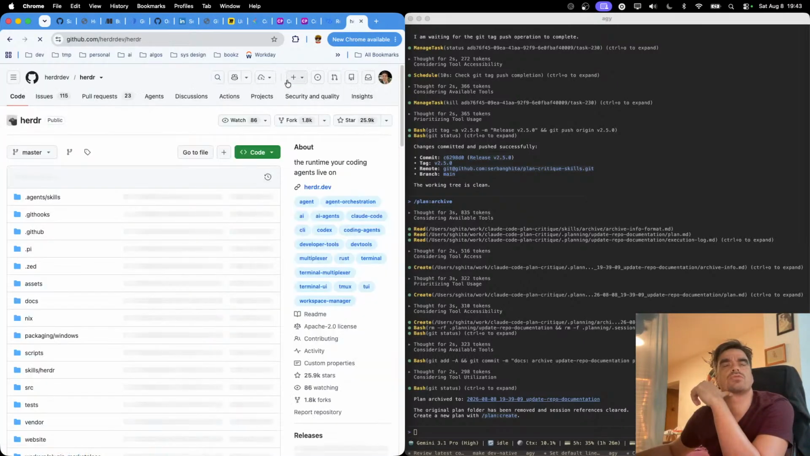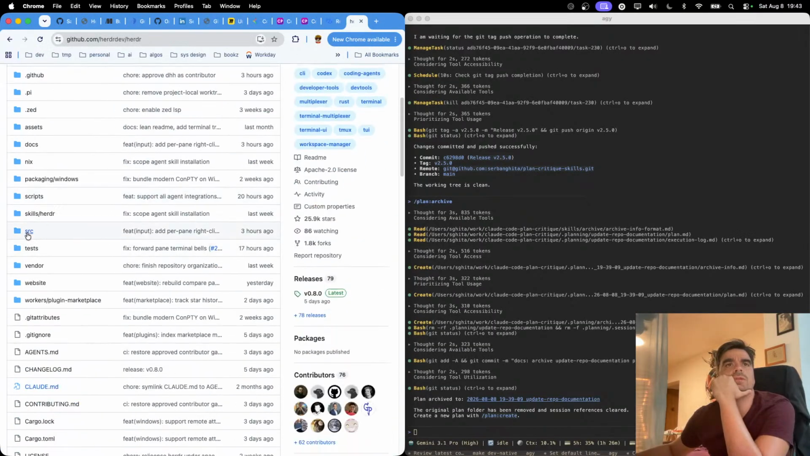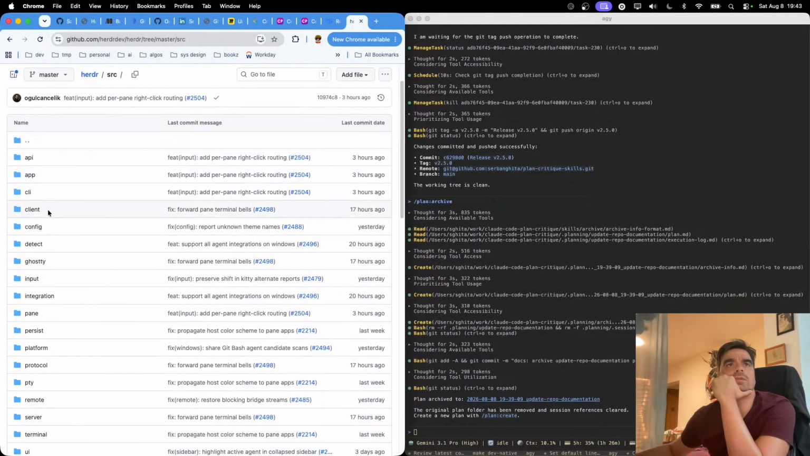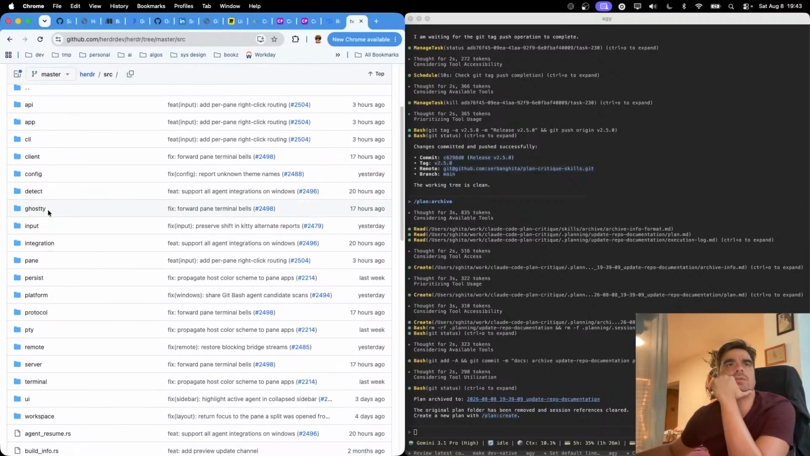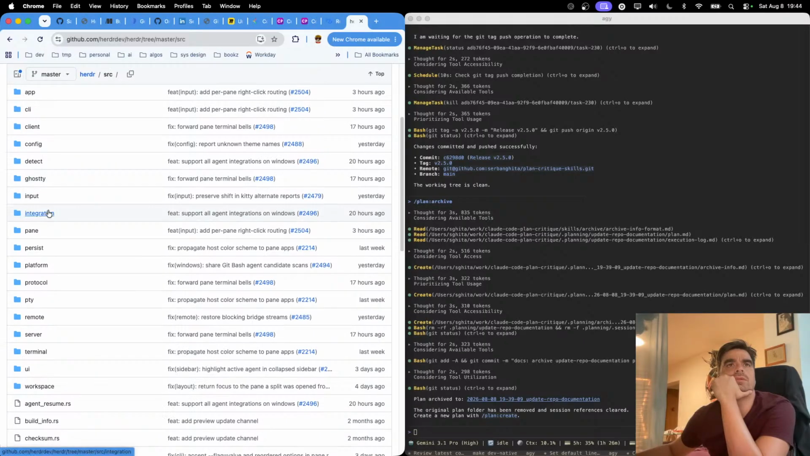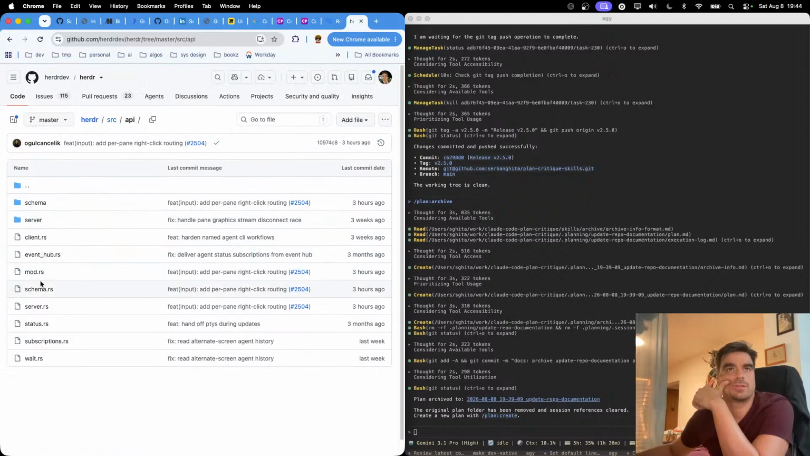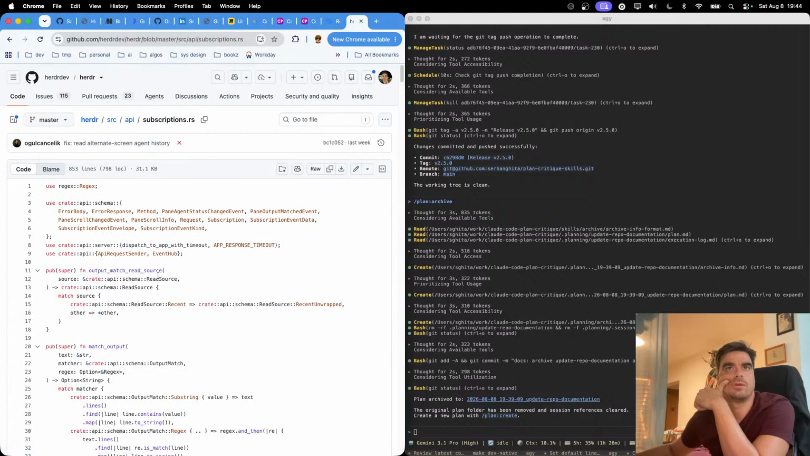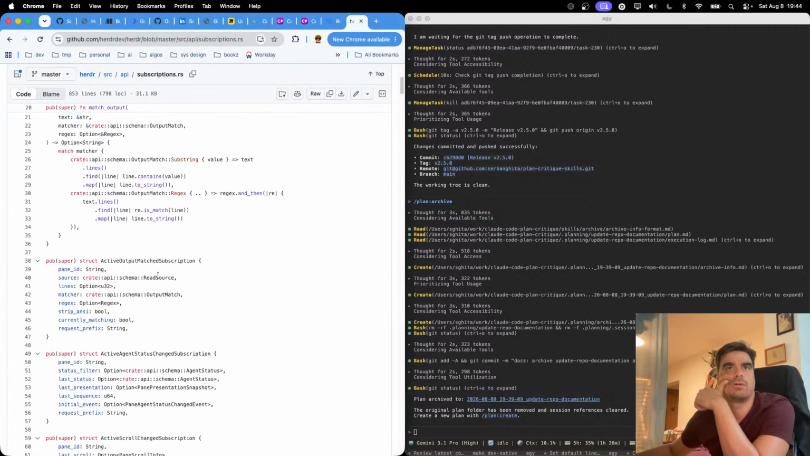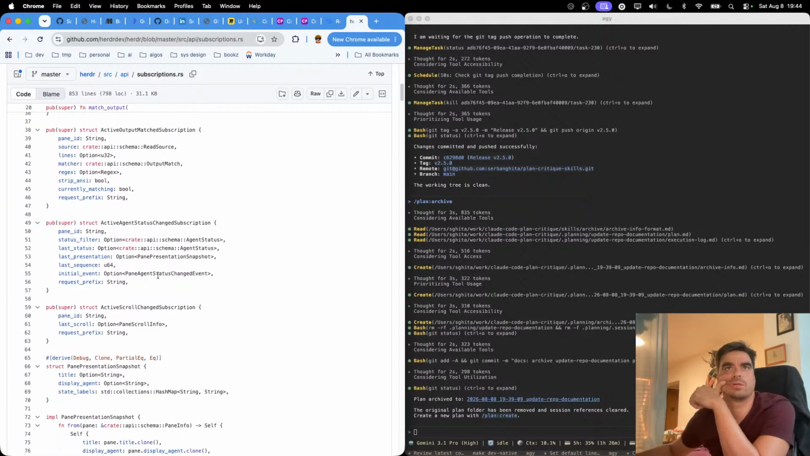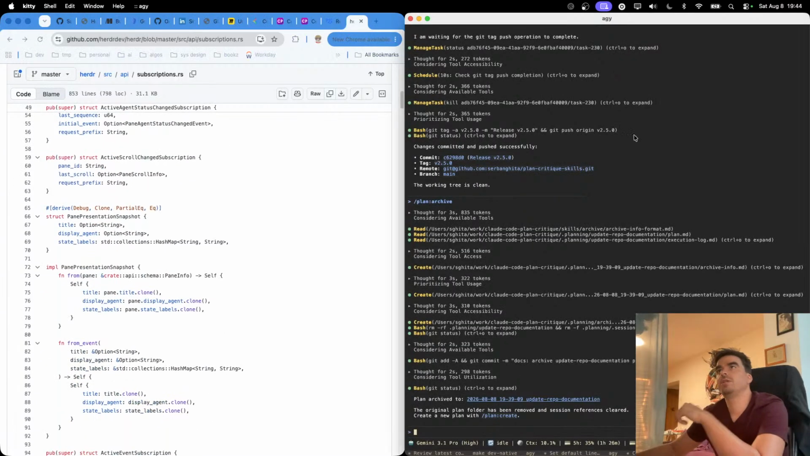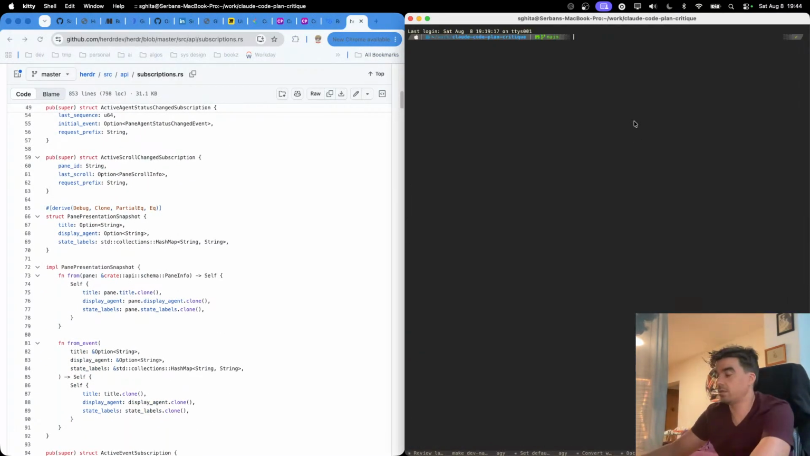I should check the source code. It's Rust. Yeah, I would be curious to look into the source code of this and understand how on earth does this control Claude CLI. I mean, in theory, you can do something like Claude help,